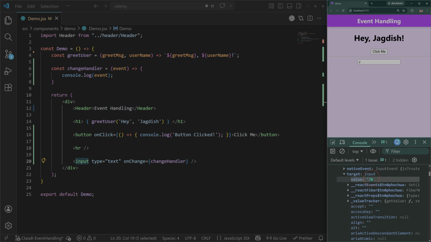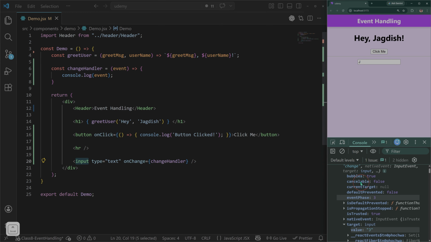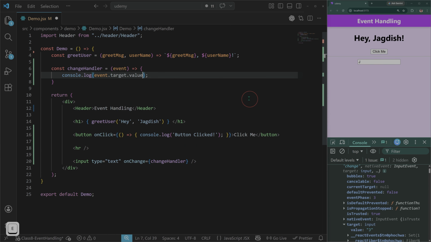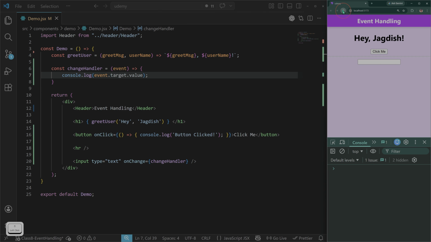Now I want to print exactly this value here in the console. For that, we can use this event object dot target dot value. So let's add it here in the console, event dot target dot value, and save this, refresh the browser, and now let's type J, and instantly we can see J is added here in the